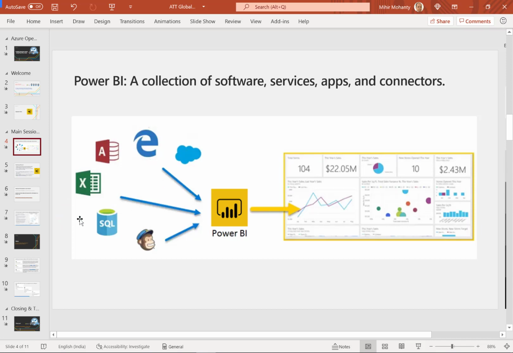And once you receive the data, you can publish the data to Power BI, and using Power BI you can get a customized and interactive visual to get going with your business needs.